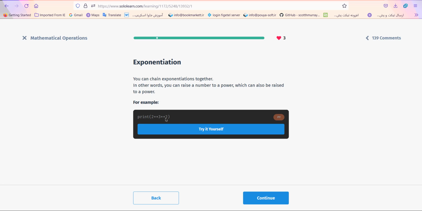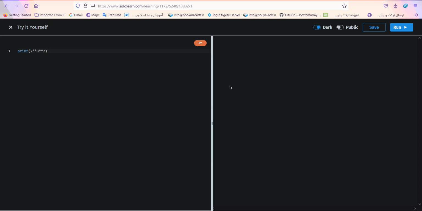Let's try this: it raises 2 to the power of 3, and then the result of this calculation goes to the power of 2 again. So 2 to the power of 3 is 8, and 8 to the power of 2